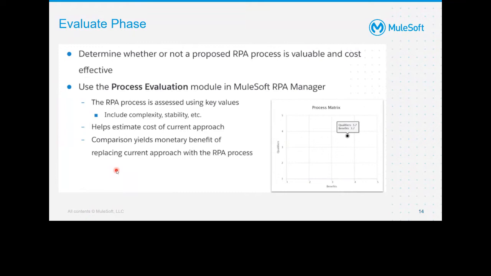So I'll show it to you. When we do the DIY, I think we'll spend more time there than just going through this. So basically, how we do the evaluation. We key in key metrics regarding the complexity, regarding the risk and the other qualifiers, and based on those qualifiers and benefits that this RPA process can bring, if it goes into the green zone, then you can submit it to your manager, who can then approve it, and then you can proceed into the design and build phase and test and so on and so forth.